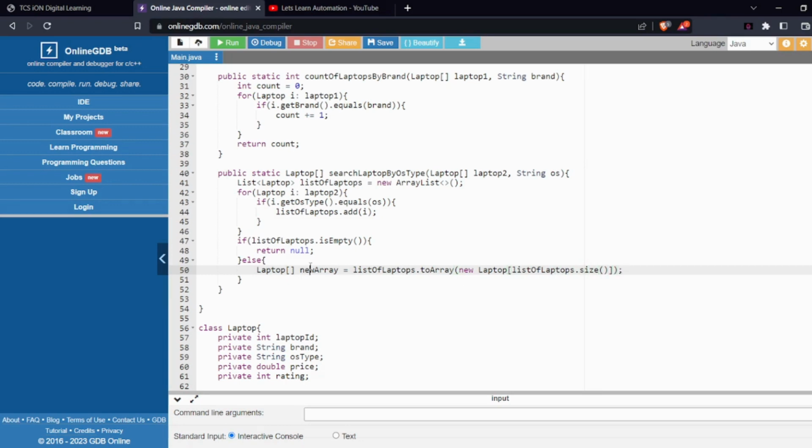In this way, we will get a new array, and before returning, we have to sort this array